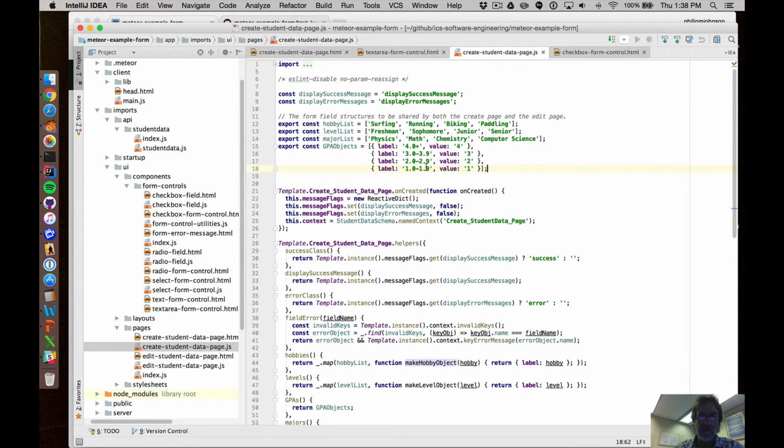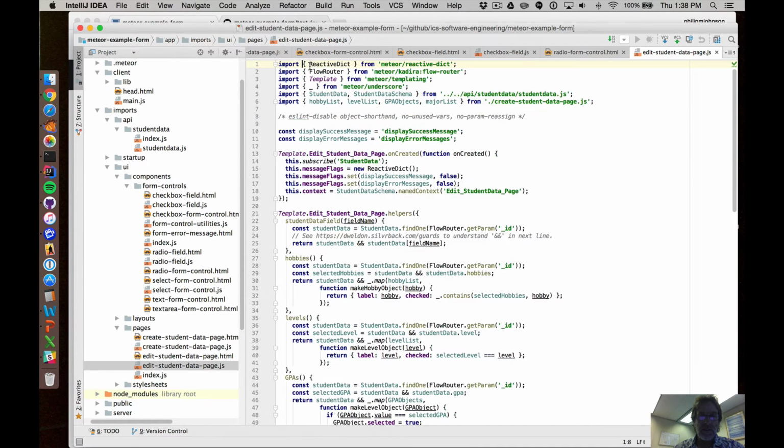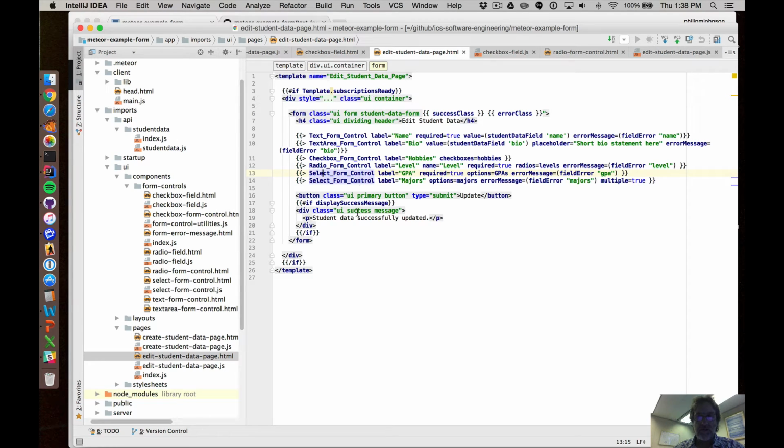Okay, and the reason why I define it up here is because I need to export it, because it turns out that the edit student data page needs to use those same data structures, right? The edit student data page is very, very similar in form to the create student data page. In fact, with a little bit more refactoring, I probably could have just made it a single page, but I just decided at some point that that would be pedagogically maybe more confusing than edifying. So